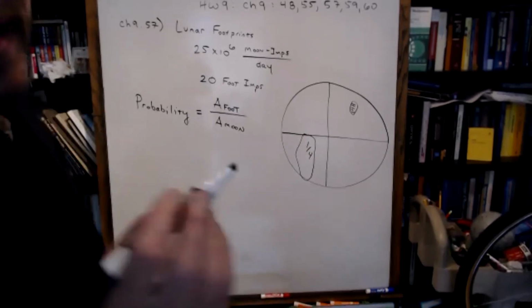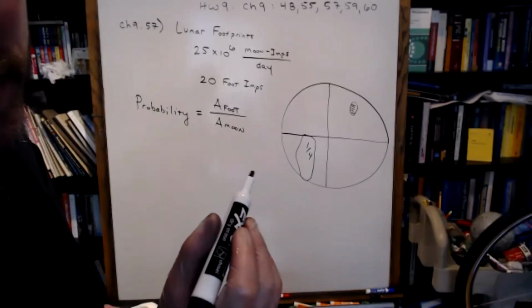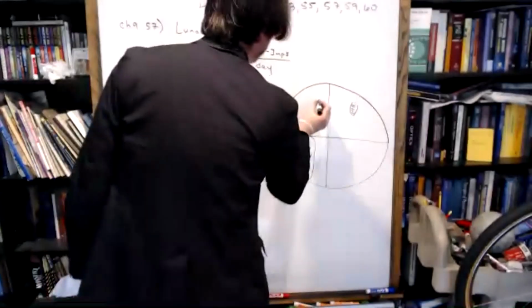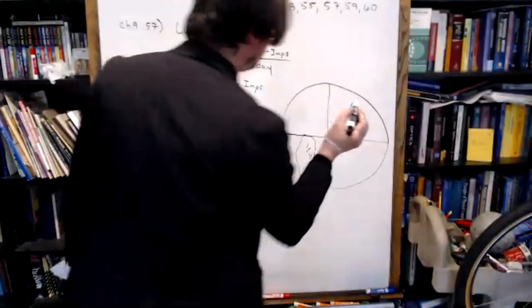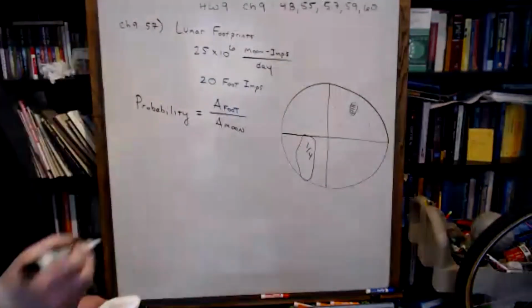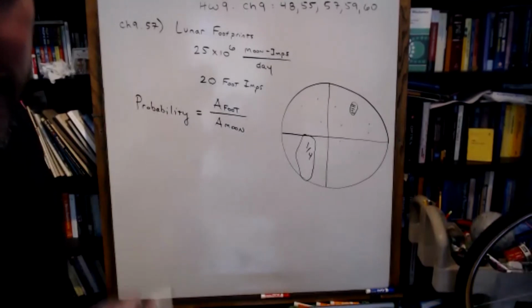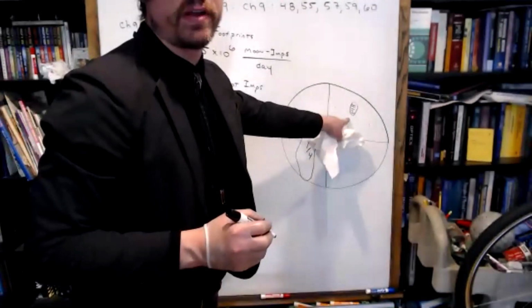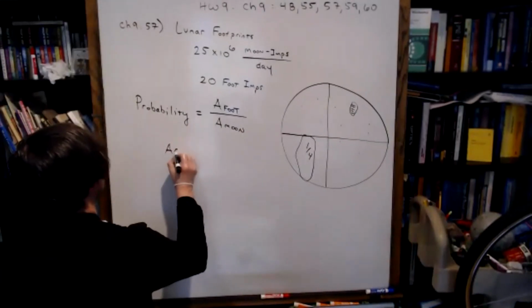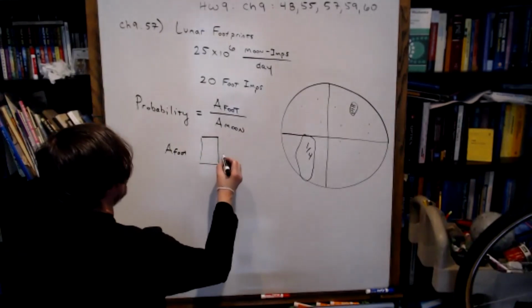In fact, let's imagine that we invented a computer program that played darts with us. This is called in physics the Monte Carlo method, after the famous gambling resort. Our computer program is going to be throwing darts at a moon-sized dartboard, striking it with 25 million darts per day. Our first job is to figure out what's the probability that a single dart will end up hitting Neil Armstrong's boot. Okay, the area of a foot, if we imagine a rectangular foot, is its length times its width, right?